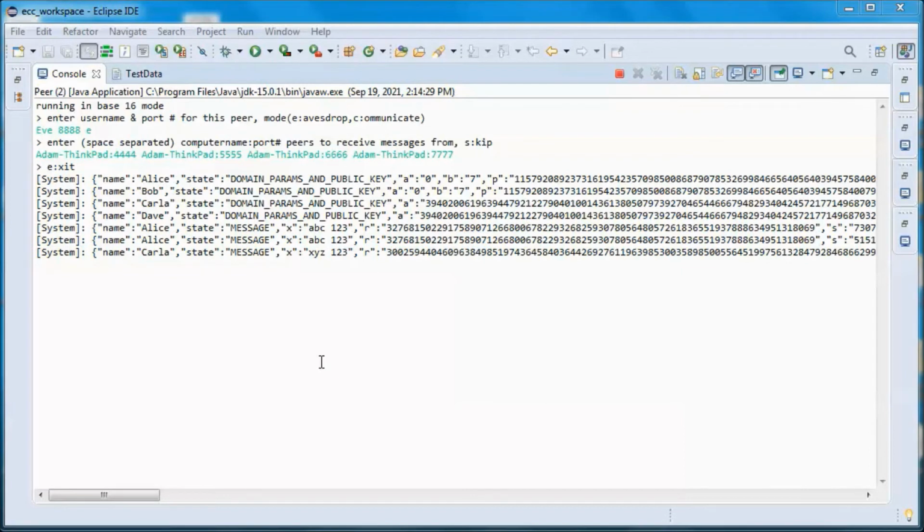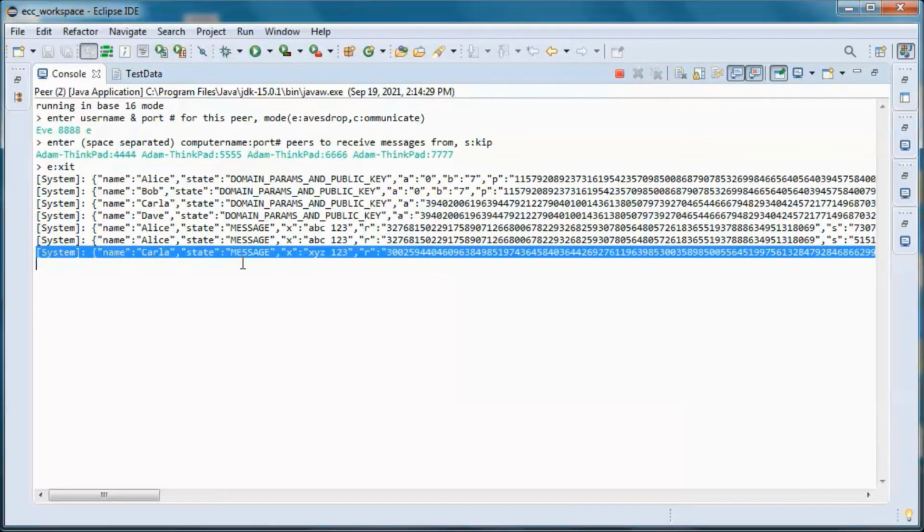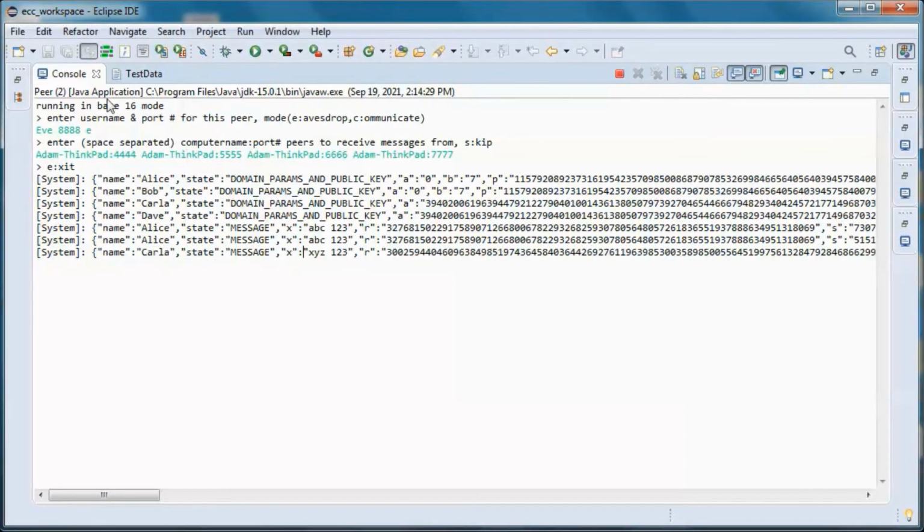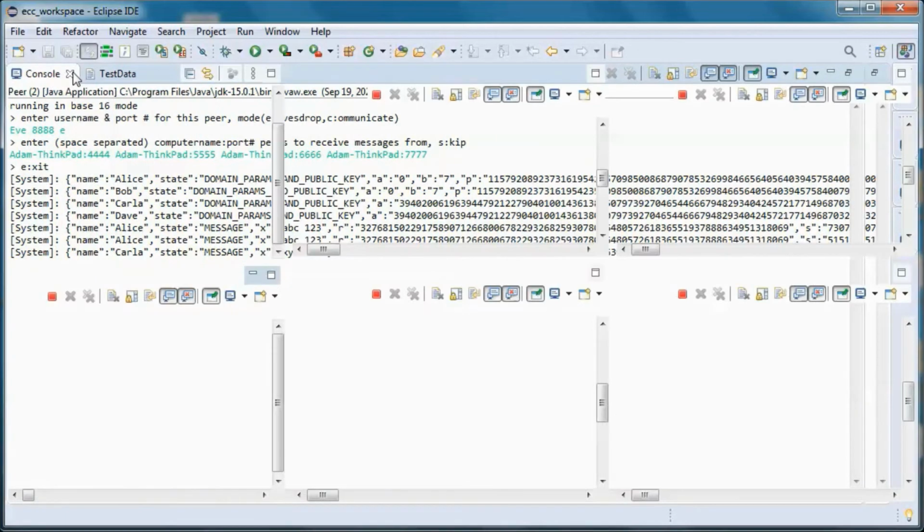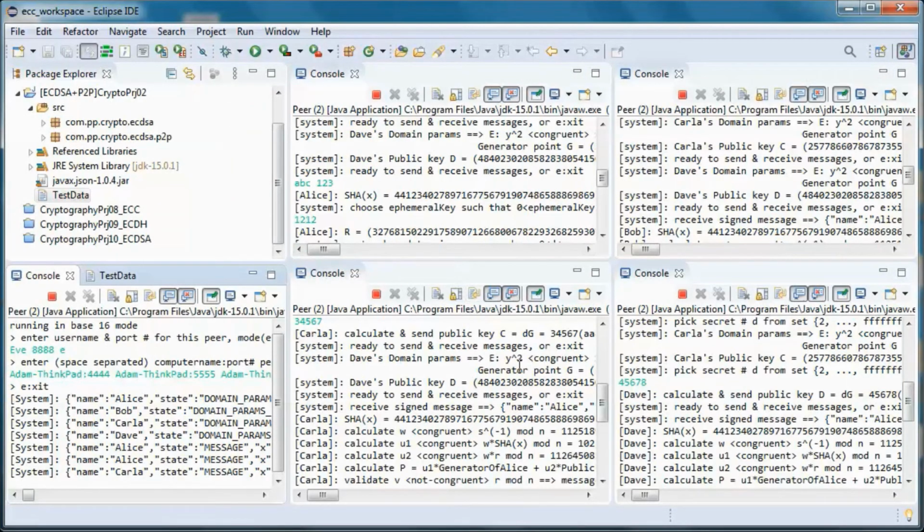But in order to sign those messages as being Alice, she needs to solve, or Eve needs to solve, the ECDLP, elliptic curve discrete logarithm problem, and compute the private key for Alice, d, or her ephemeral key, and same for Carla, to sign a message as being Carla.